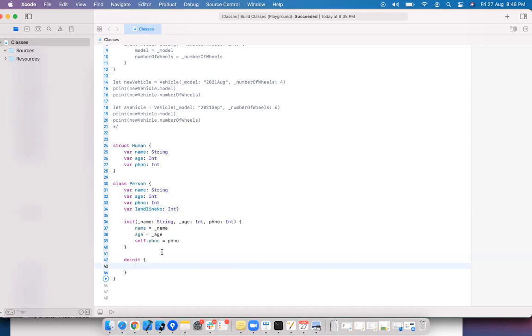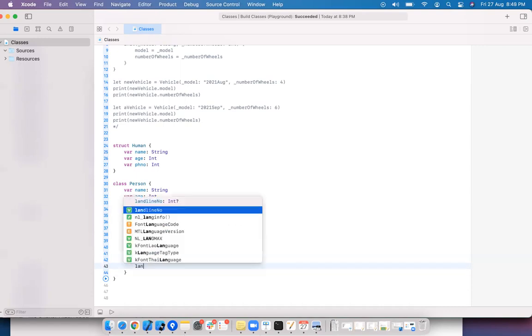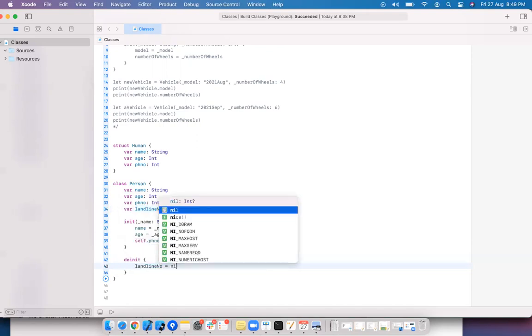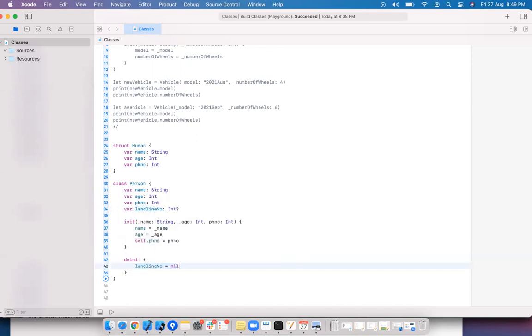Then if you want to explicitly clear anything, you can use the deinit method and assign it to nil, so that if this reference points to any object, that will be released. Whereas deinit is not allowed in structures.